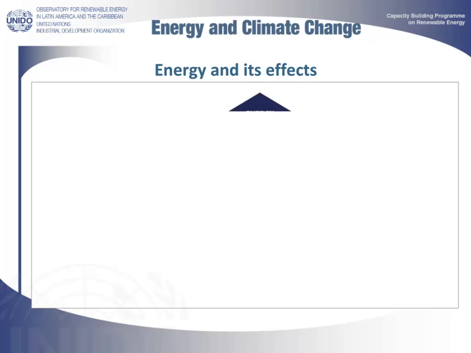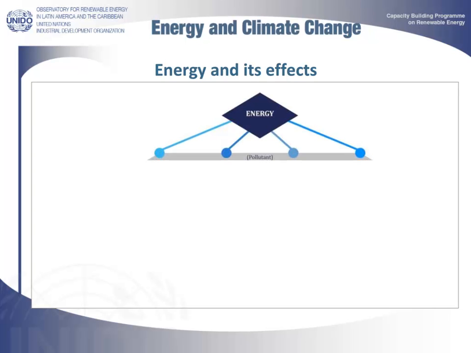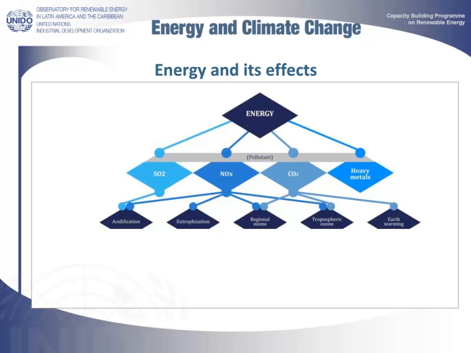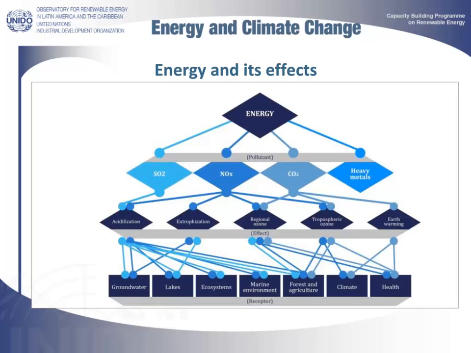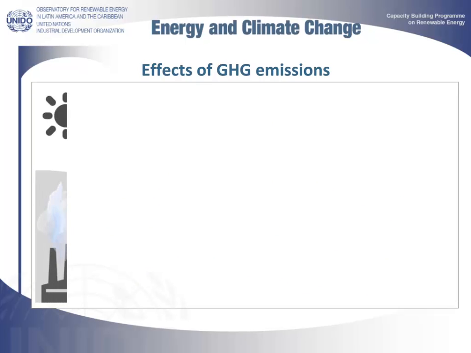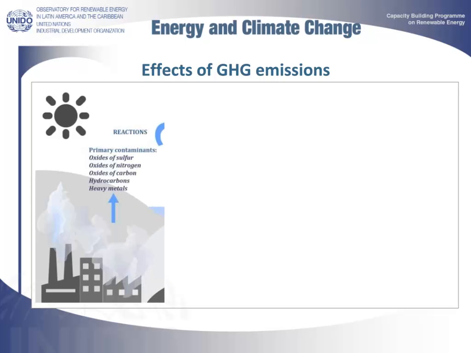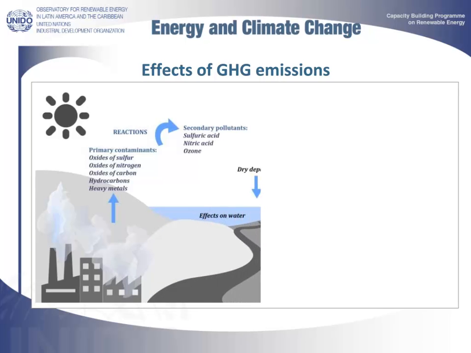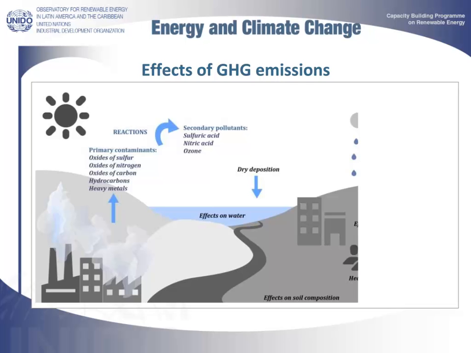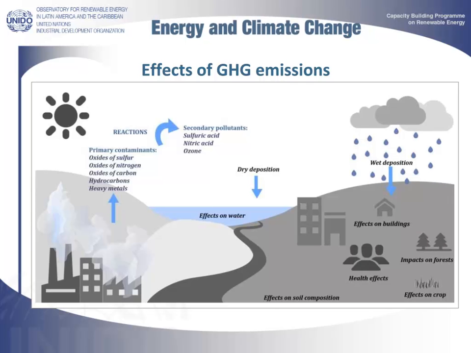This figure shows the effects of several pollutants mentioned previously and the systems they attack. We see that groundwater, terrestrial and marine ecosystems, and the climate are affected, and these pollutants also affect people's health. This should be addressed in greater depth because they affect the whole population, with the corresponding negative economic effects. Here we see the different effects of greenhouse gas, GHG, emissions due to different human activities. All ecosystems are affected, and many of these effects will be visible in the long term.